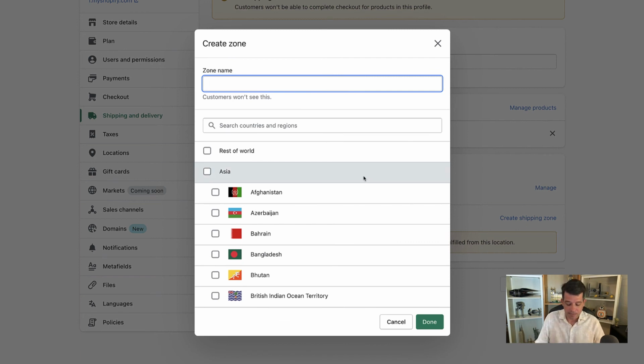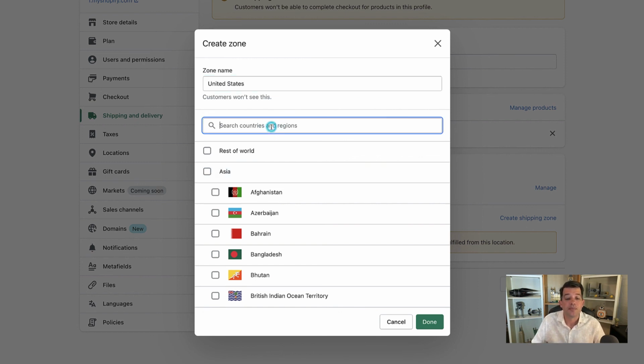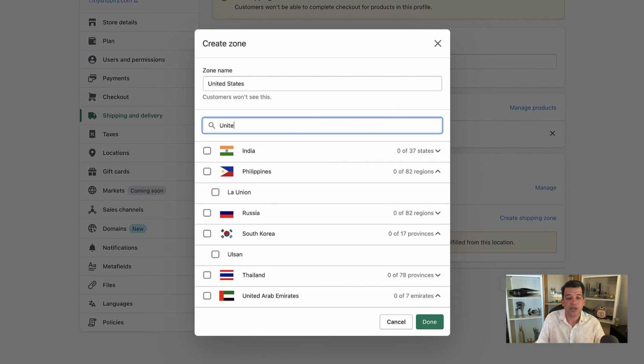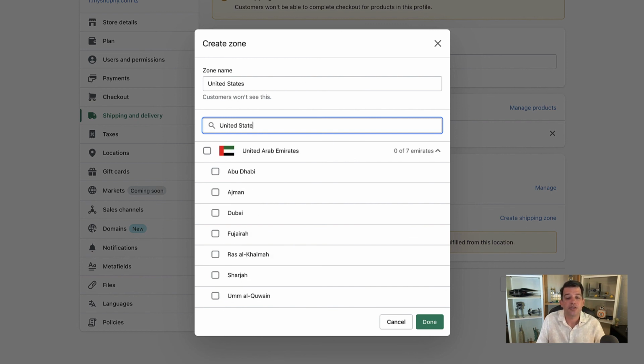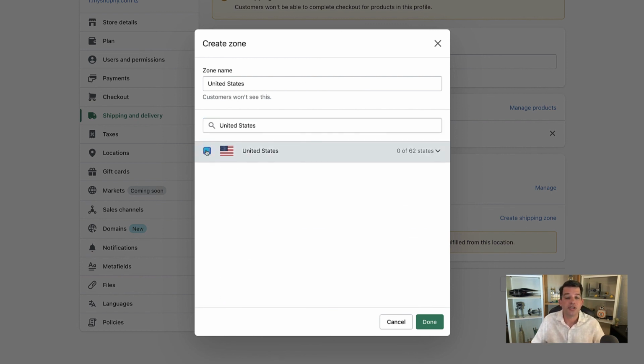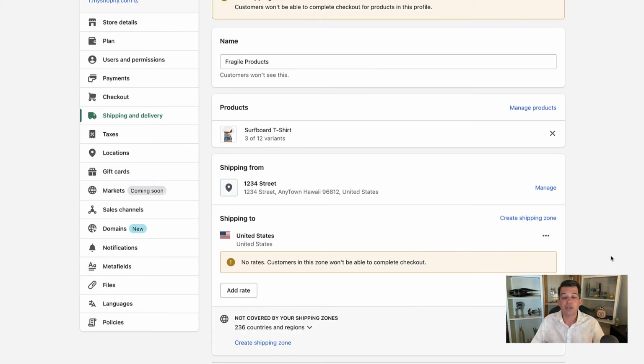Let's say that we can ship this to the entire United States, just to keep it simple. We're going to label this United States, and let's look for United States, and we're going to include all 62. Of course, you could do like the other one and just do 48, and we'll put that in there. So now we have a zone that we'll ship these particular products to.